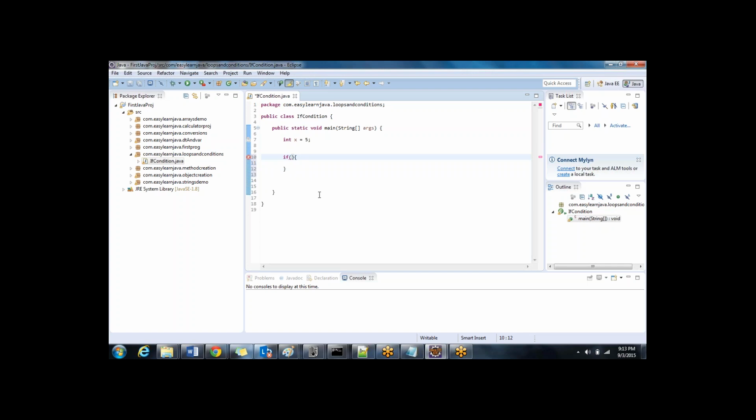In Java there are different types of operators, like conditional operators, bitwise operators. There are many types of operators present in Java, so we will see them one by one as we progress through the programming. The first thing that I would like to check here is the greater than operator, which most of you know. If x is greater than 10,